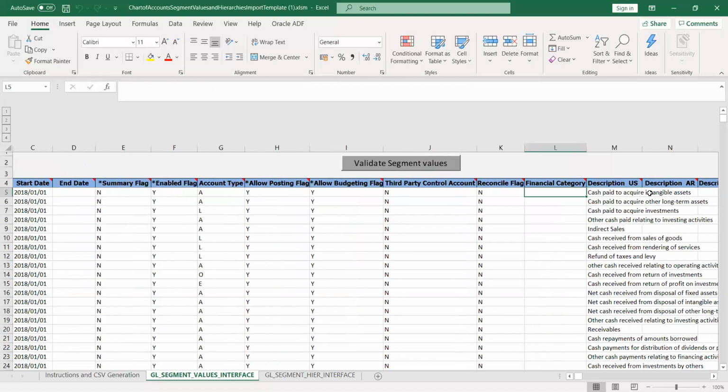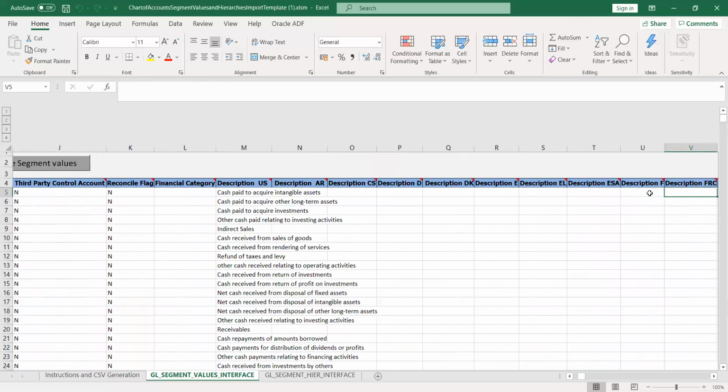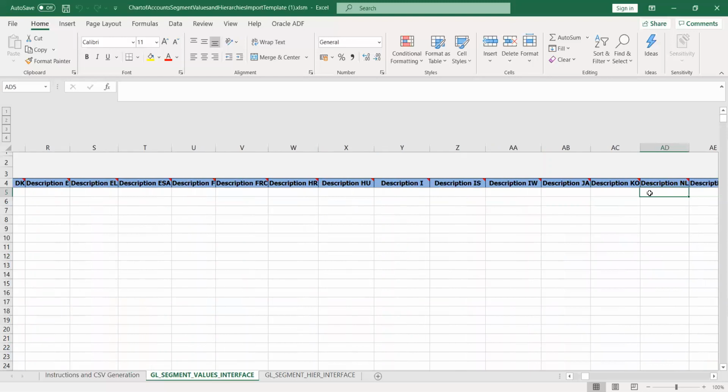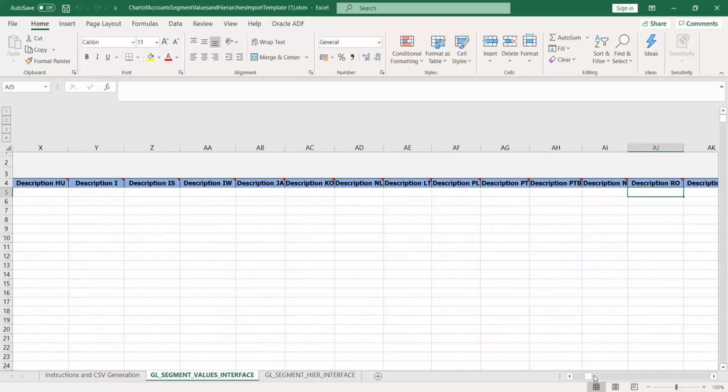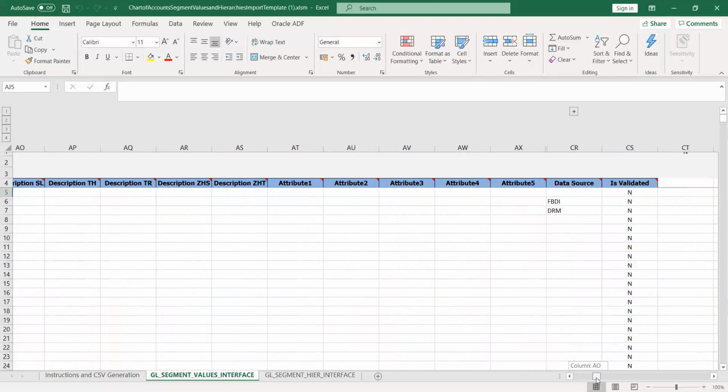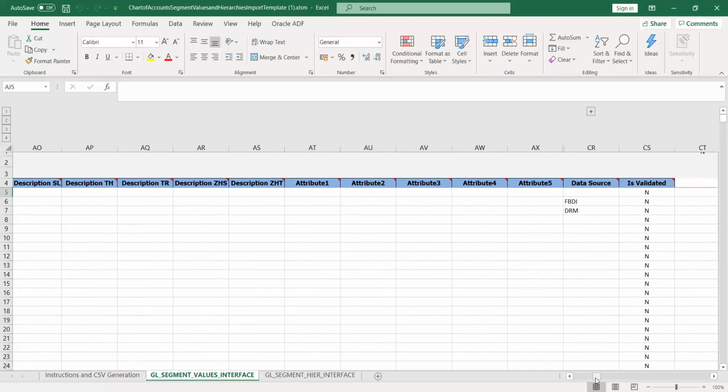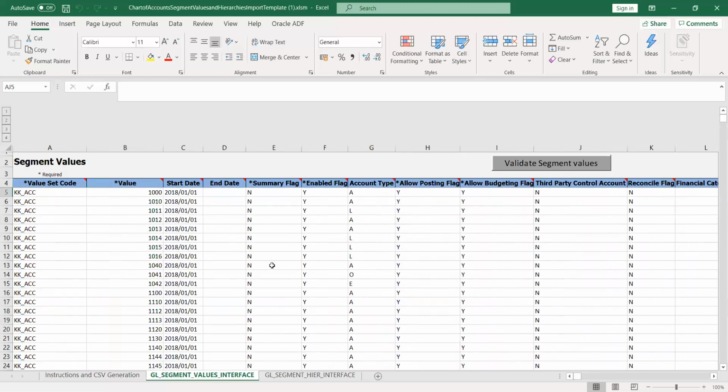And then we have the financial category. Let's say we are selecting retained earnings, so the financial category will be retained earnings. Similarly, we will have the list of categories for each account. And then we have the description of accounts, for example, indirect sales. So this is one description of an account. The others are optional fields, so I'm just leaving them as they are. Maybe I'll share this template after the class, so you can also have this for testing. So this is what we have in segment values.